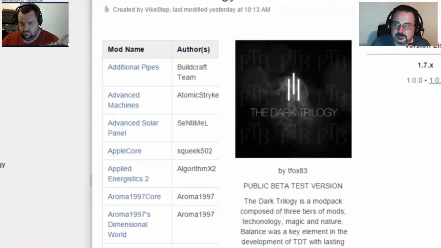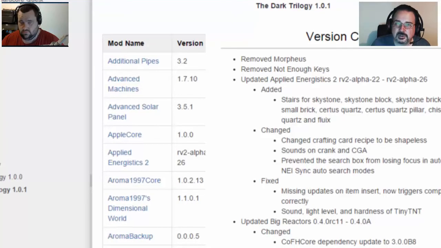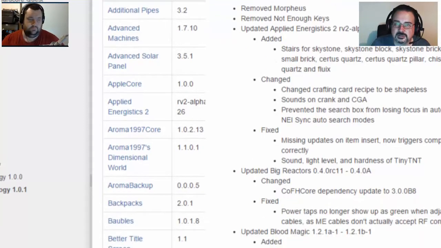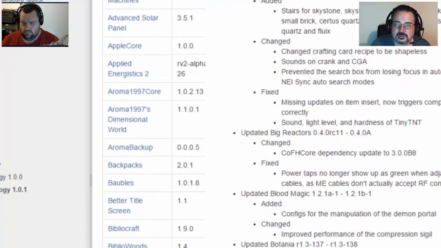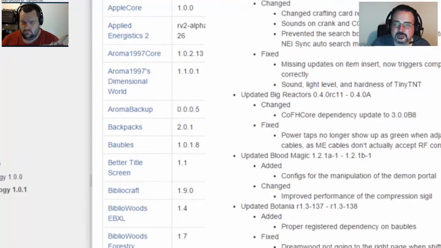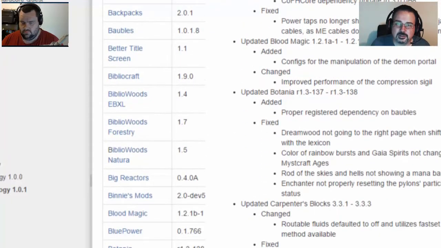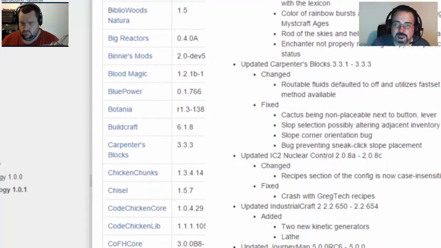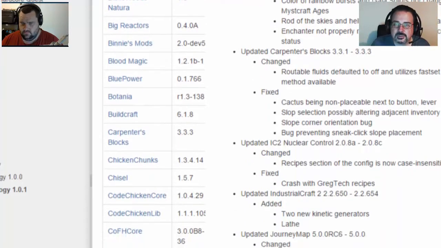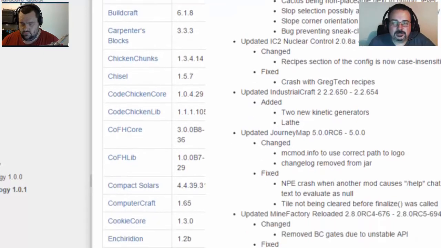They've just updated to version 1.01, and some of the mods that come in the pack: Additional Pipes, Advanced Machines, Advanced Solar Panel, Apple Core, Applied Energistics 2, Aroma 1997 Core, Aroma 1997's Dimensional World, Aroma Backup, Backpacks, Baubles, Better Title Screen, Bibliocraft, Biblio Woods Extra Biomes XL, Biblio Woods Forestry, Biblio Woods Natura, Big Reactors, Binny's Mods, Blood Magic, Blue Power, Botania, Buildcraft, Carpenter's Blocks, Chicken Chunks, Chisel, Chicken Chunks,